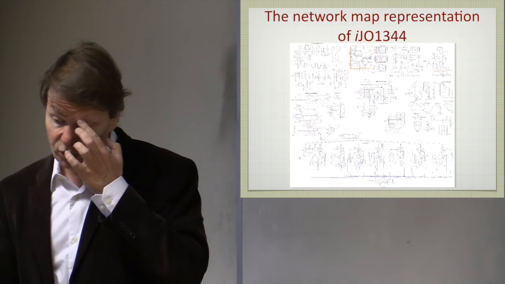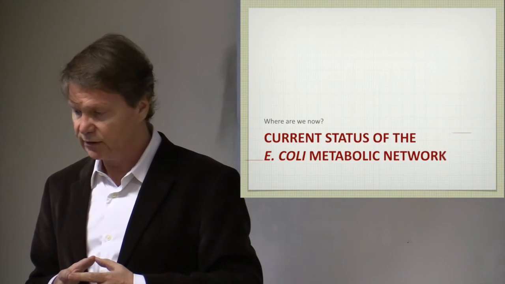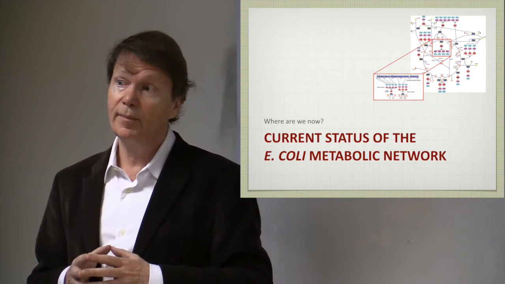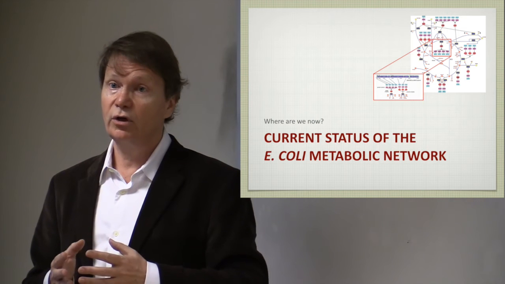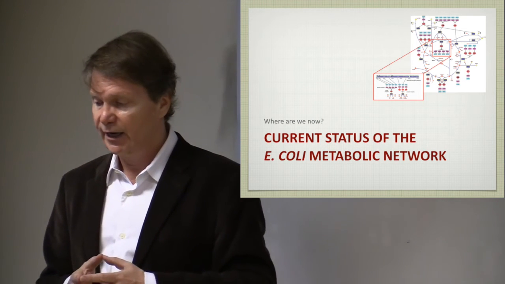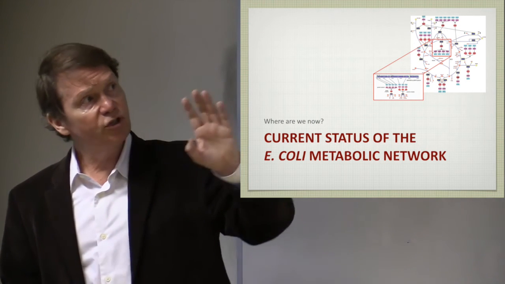Okay, so that's the most comprehensive map published to date. And that kind of asks the question, where are we now? After 2011, from 91, 20 years roughly, what did this achieve? And what we have is a genome scale